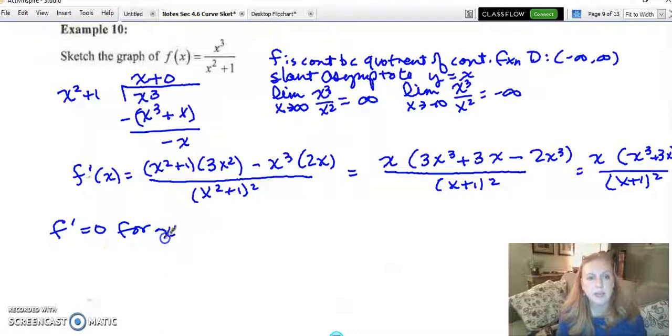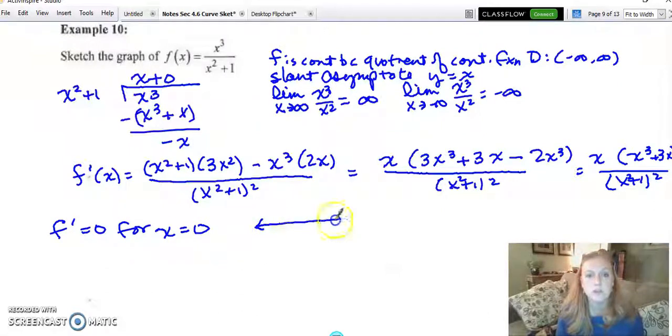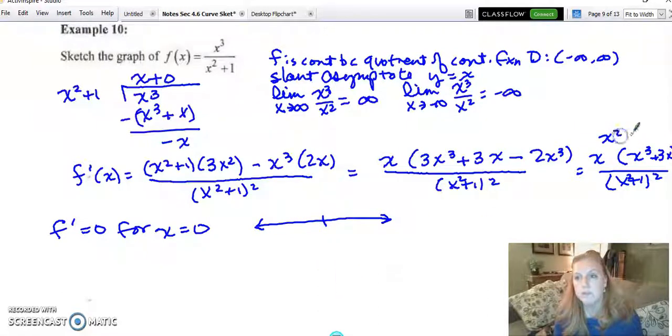For x equal to, be careful. See, I made a mistake right there, but your x squared plus 1. So it equals 0 for x equal to 0. If I factor this out, it would actually be x squared, and this would be x squared plus 3. X squared plus 3 doesn't equal 0, so the only critical value is 0. So we can run a quick test. If you prefer this as x squared times x squared plus 3 for that top part right there,